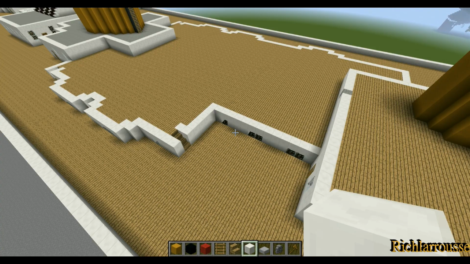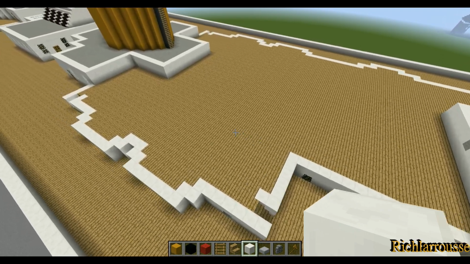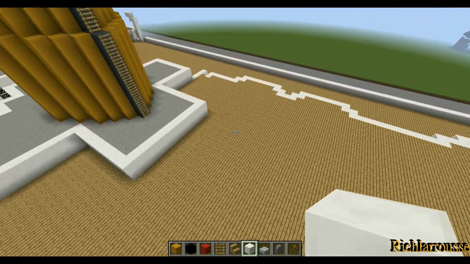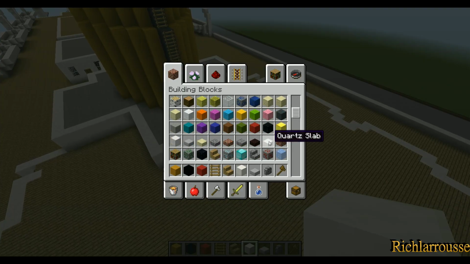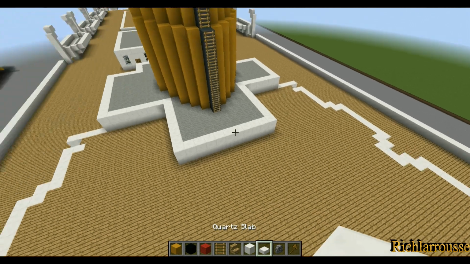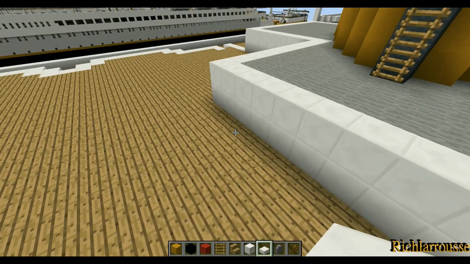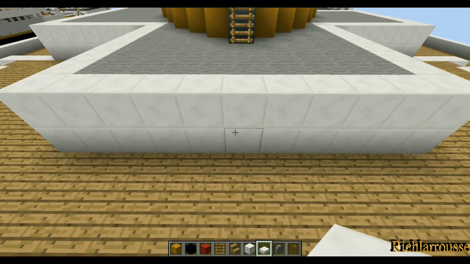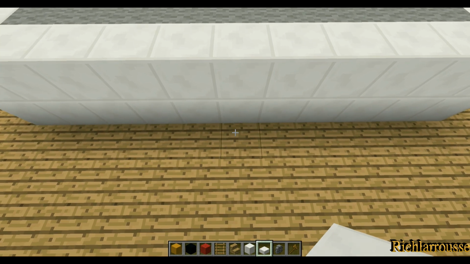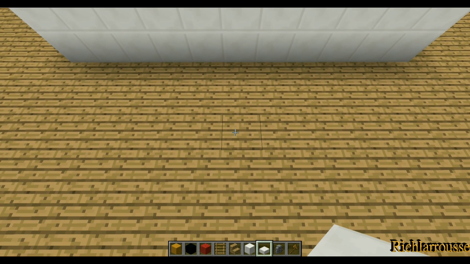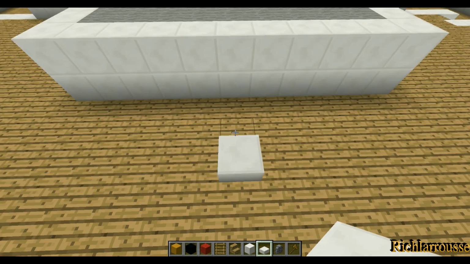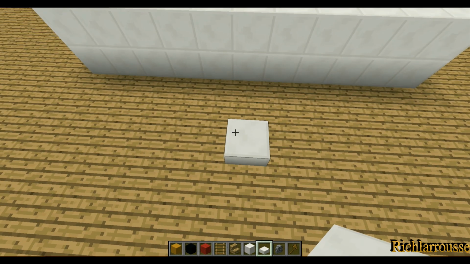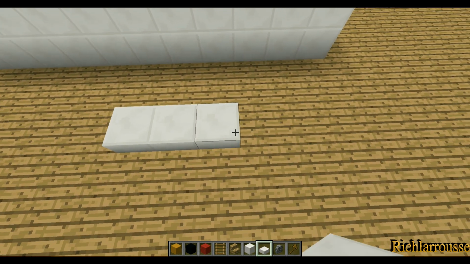Right, so now what we're going to do is to add something else, a platform first. So what we're going to do is add a quartz platform. Actually, if we get to the quartz slabs, that's what we need. And we're going to go to funnel number 3, or to the deck house in front of funnel number 3, and you're going to find the centre block, which is here, and we're going to leave a 2 block gap, so 1, 2 on the wood, and on the 3rd block is where we start building, using quartz slabs of course, and it's going to be 7 wide,